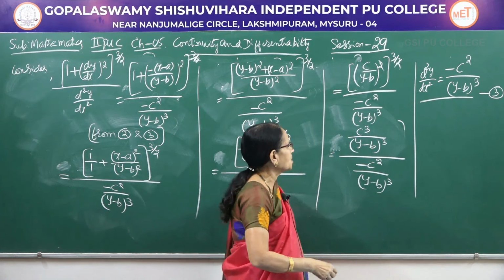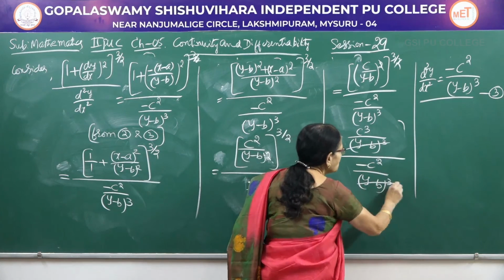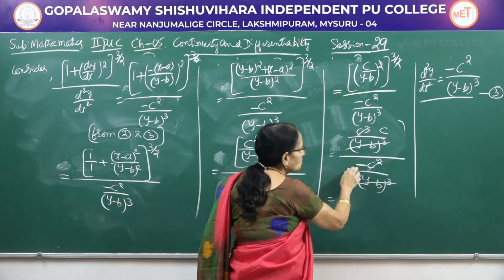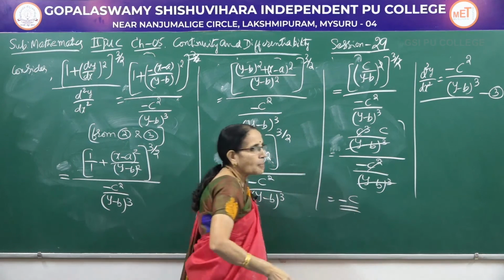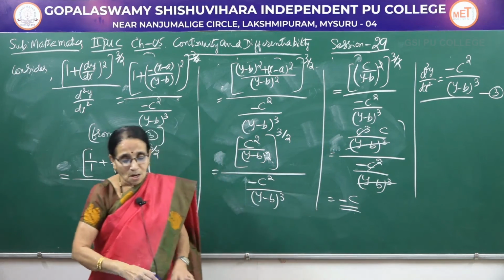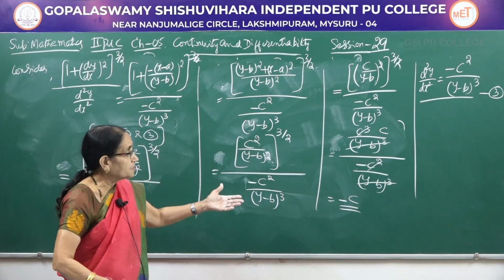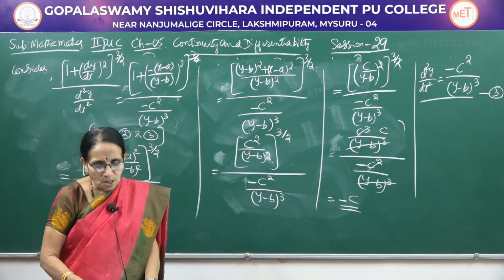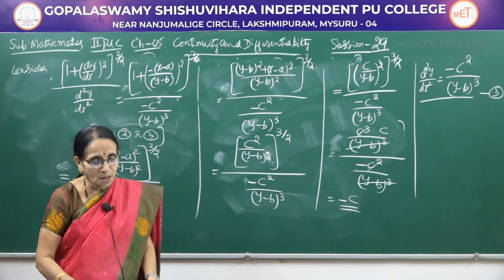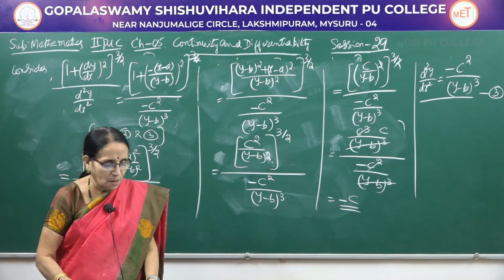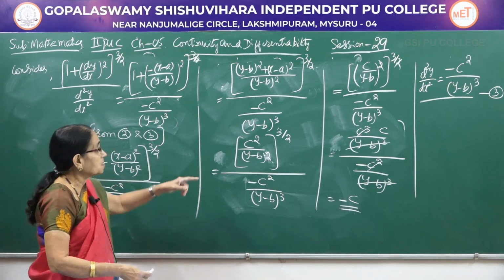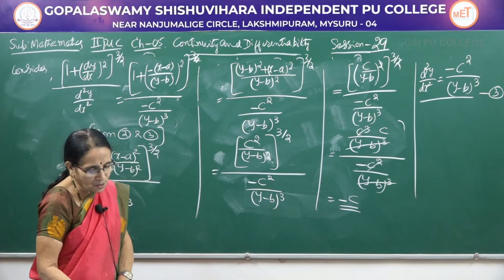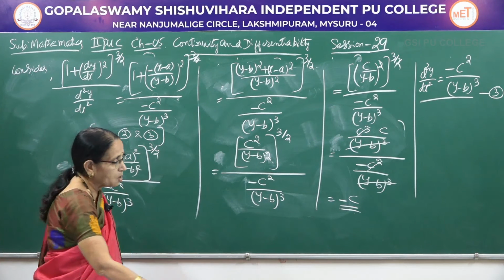So it's a very lengthy calculation. Now this (y minus b) gets cancelled. c² you can cancel c times. So minus sign is there, minus c. So what do you get here? Minus c. What was our answer that was expected? The simplification of this should be a constant which is free from a and b, or independent of a and b. And we can clearly see that it is independent of a and b. We got a constant which is minus c, which is neither a nor b.